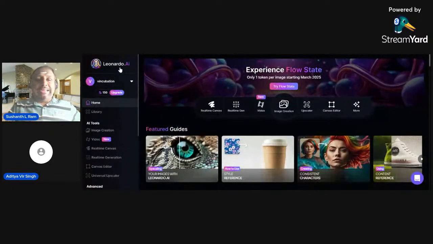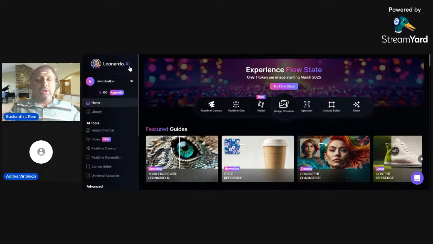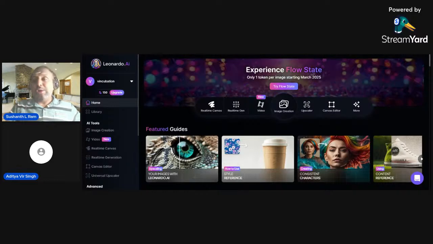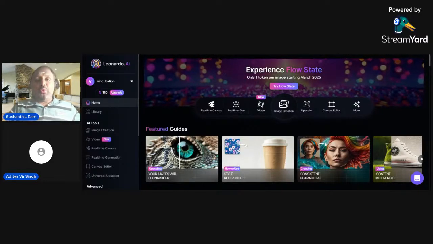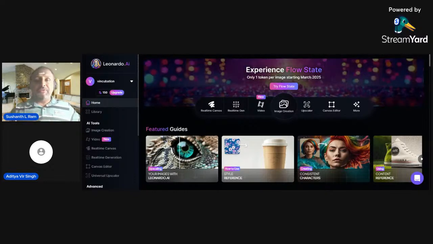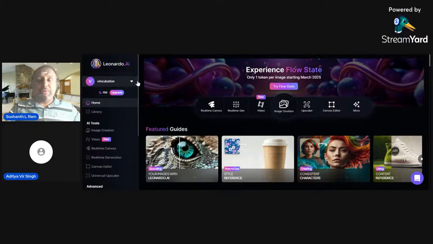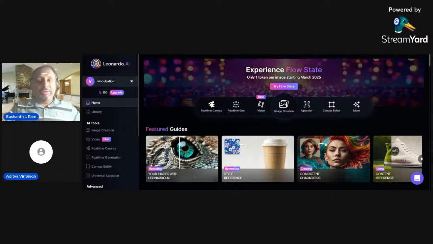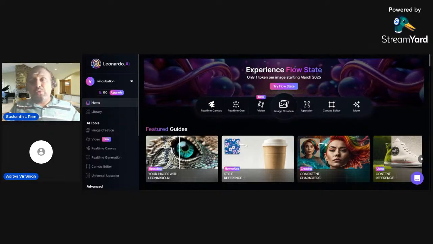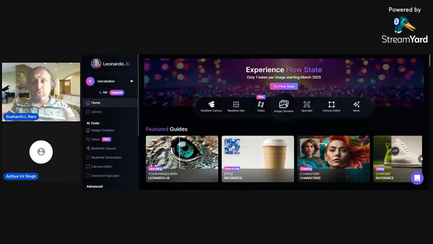See, the tool is Leonardo.ai. When you go to Leonardo.ai, you will have an option called login to the app. Once you log into the app, it will ask for your Google credential. You can log in through your Google credential. Okay. Now, the moment you come to the Leonardo AI app or the tool,